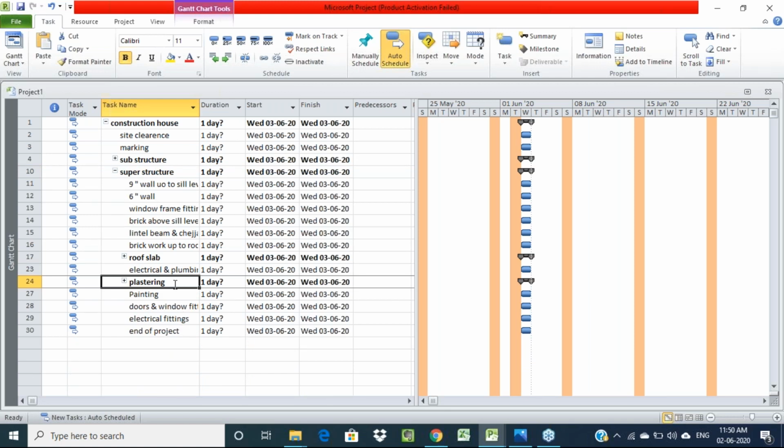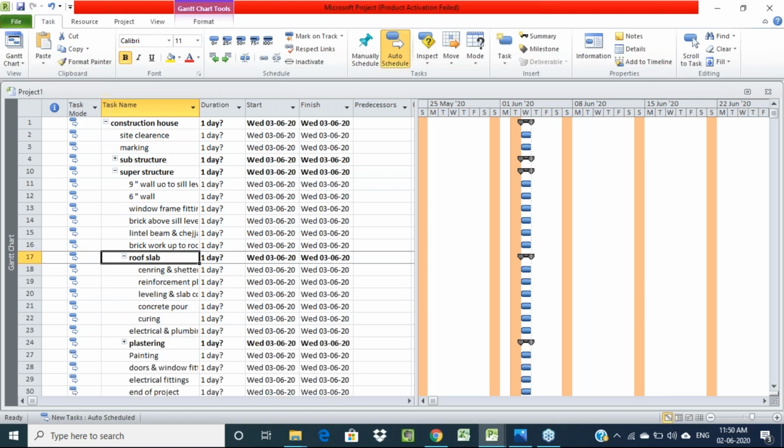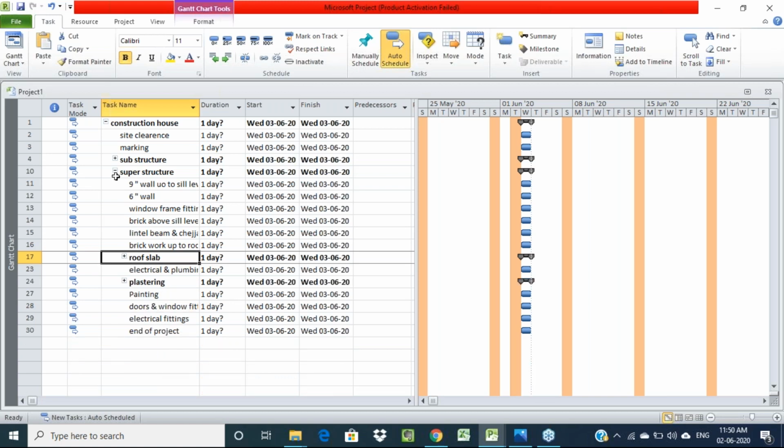Then in the roof slab, if you click on this, these are the activities we need to do: centering and shuttering, reinforcing, leveling of the slab, concrete pouring, and then curing. These are the options we get for the construction of the roof slab.